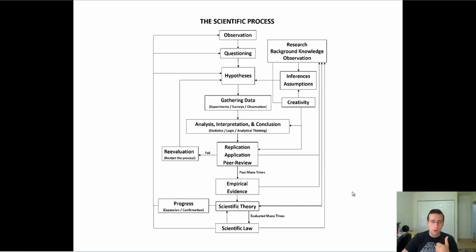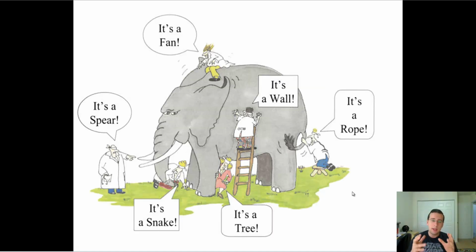There's a really cool poem on my website about blind men touching an elephant. I'm not going to read it just to save time, but you can read it on my website. The interesting thing about that poem is that if you put a bunch of blind men and have them touch the elephant at different parts, one will maybe touch the trunk and think that he's touching a snake. Somebody else will touch the tusks and say it's a spear. Somebody else will touch the side of the elephant and say, oh, it feels like a wall.